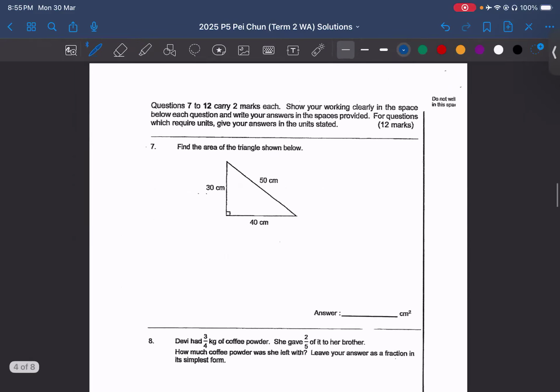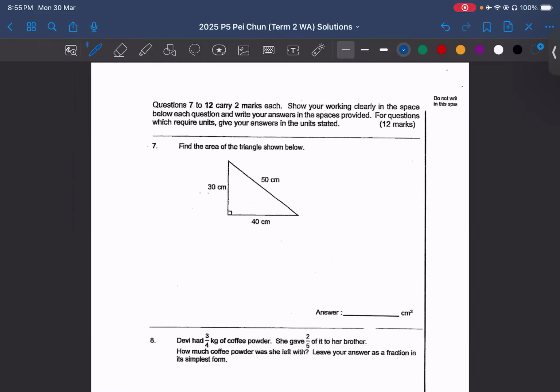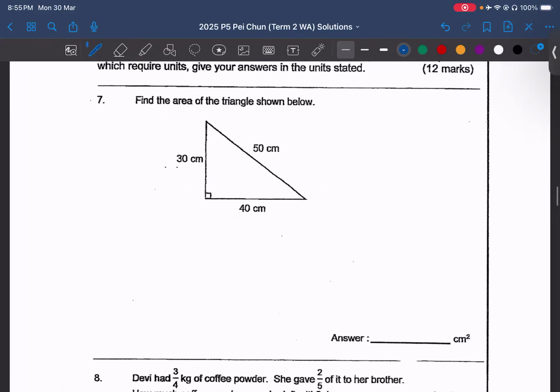Okay. Next, find the area of the triangle shown below. So first, we need to identify what is the base of the triangle and what is the height of the triangle. So the base and the height must be perpendicular to each other. So you realize that in this triangle, the two lengths that are perpendicular to each other is this 40 centimeters